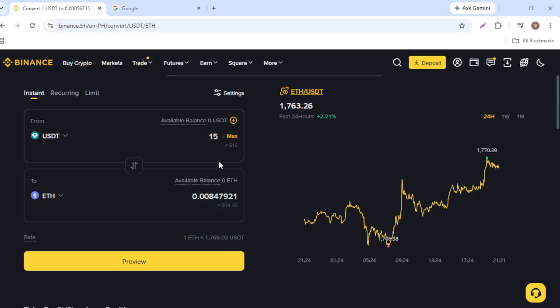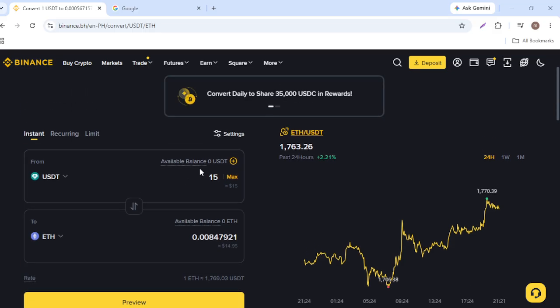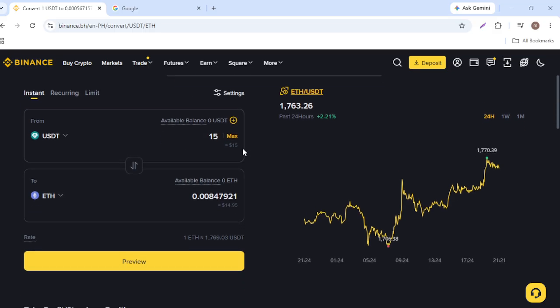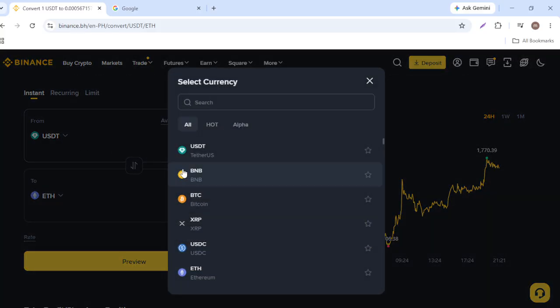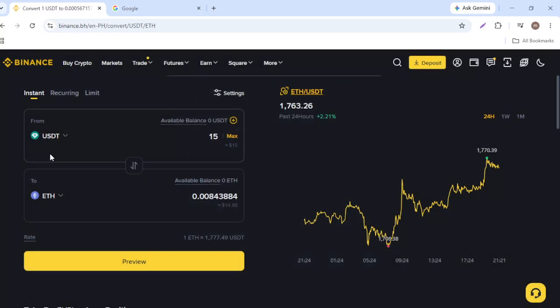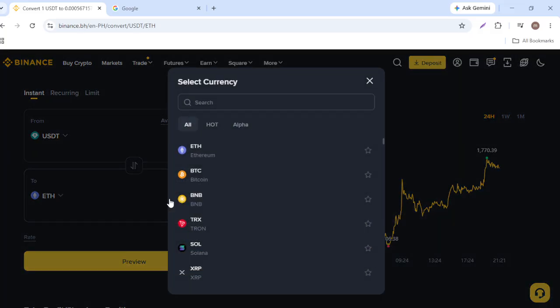After that, you can go back to your wallet and check your updated balance to confirm the new asset has been added. Binance Convert is designed to be simpler than placing a regular trade on the spot market. Instead of choosing order types and using a full trading interface, you're just selecting the two assets, previewing the quote,